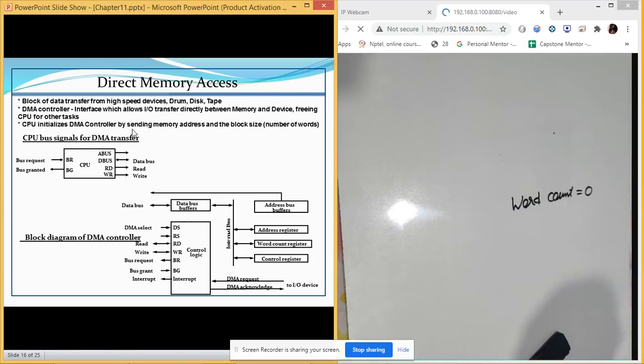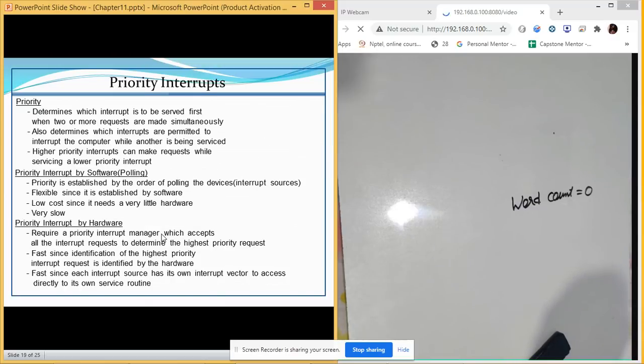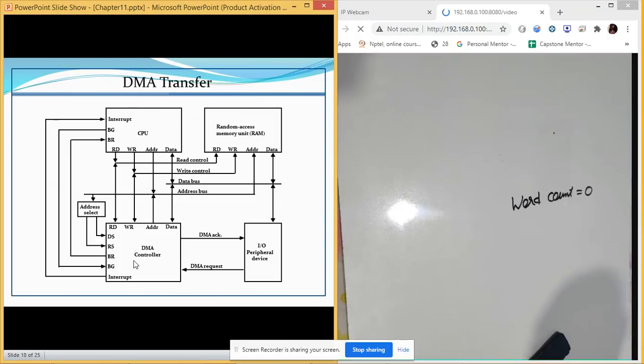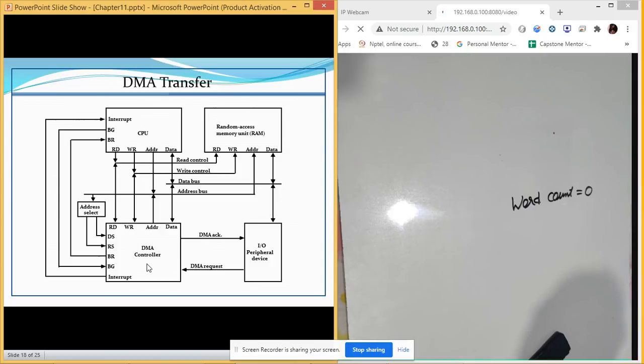Now, if you see, this data bus is the one which is connected with this internal bus containing all these values. If you check this circuit, you can see that the word count and all the registers are connected with this, and they are inside the DMA controller. They are at this place. So that is why we have this circuit: DMA request, DMA acknowledgement. These are internal buses, so these are inside the DMA controller. They are part of DMA. So this was all related to our DMA device.